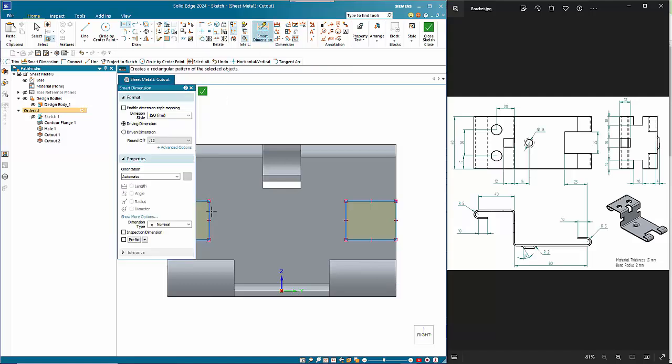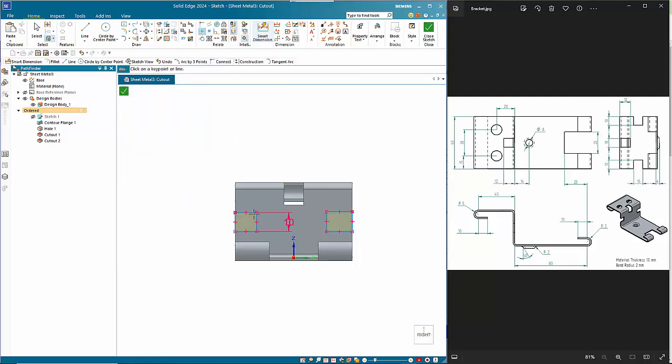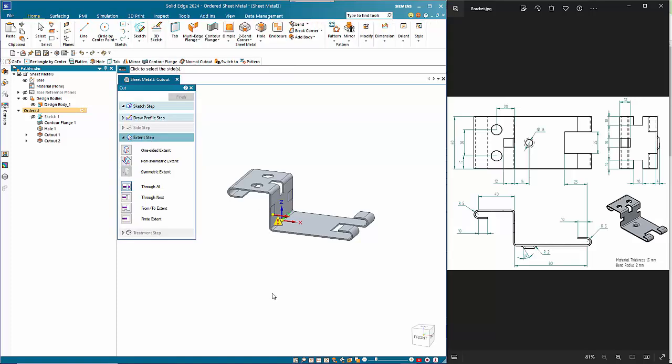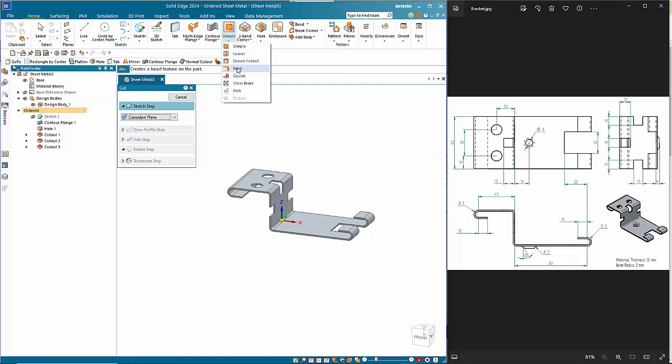So if I go smart dimension and make that 10, and then if I do a horizontal vertical alignment from that line, so notice how you can choose which line it is associated with just by moving over it first and then moving into the endpoint. So that aligns all of that, so we can accept that, close the sketch, and we want to go through in that direction. Right mouse click to finish, and then finally we've got a drawn cutout in this top face here,